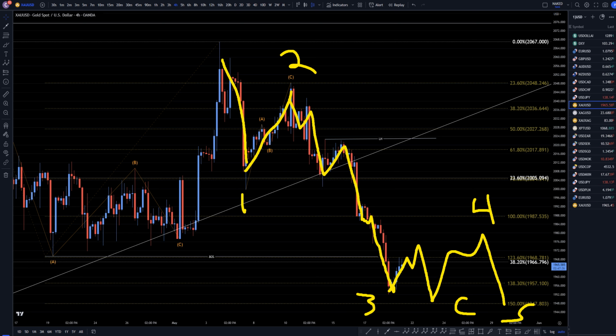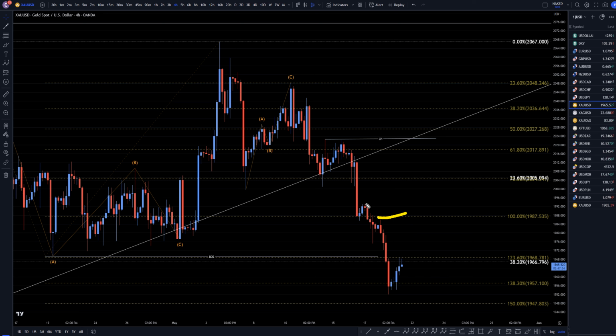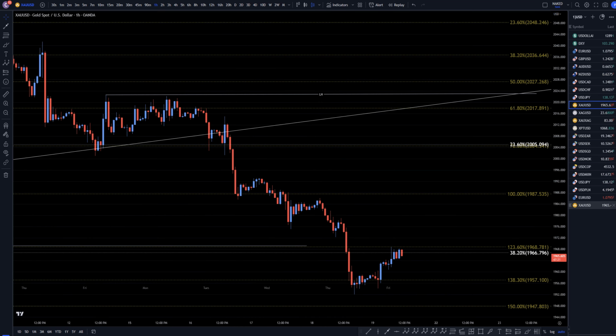So as of now, we definitely don't have any break of structure to the upside, so we do not have any reason to think this uptrend or this downtrend is over. And I think that this move up is probably going to be another correction, and it's probably going to keep on going down. So taking it down to the 1 hour time frame,